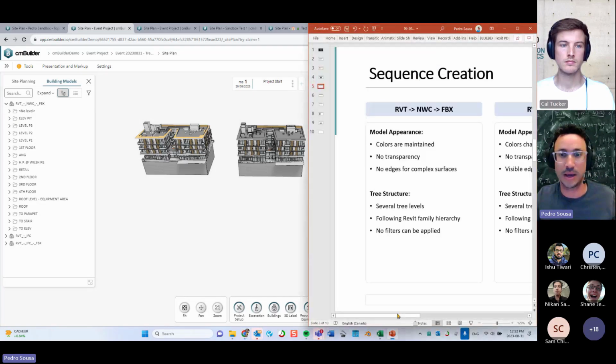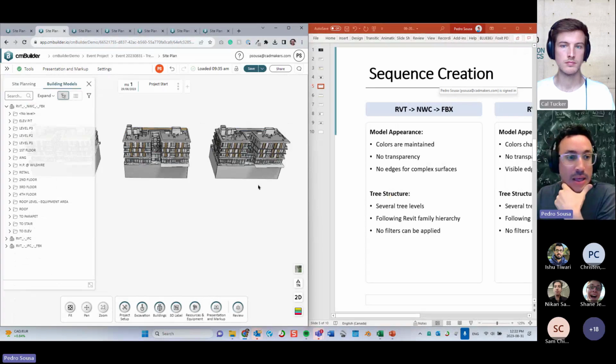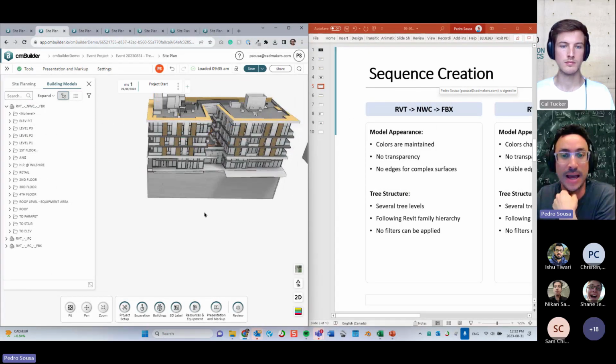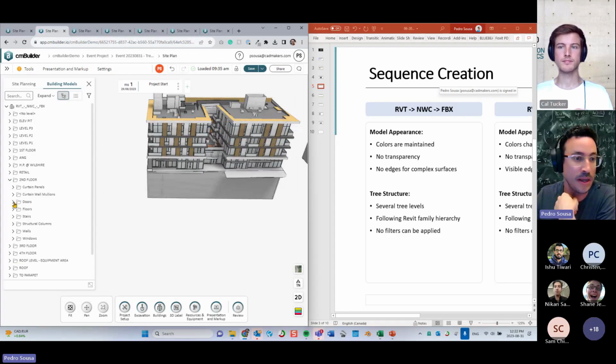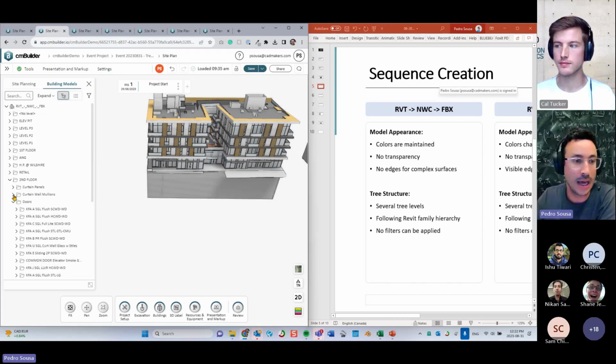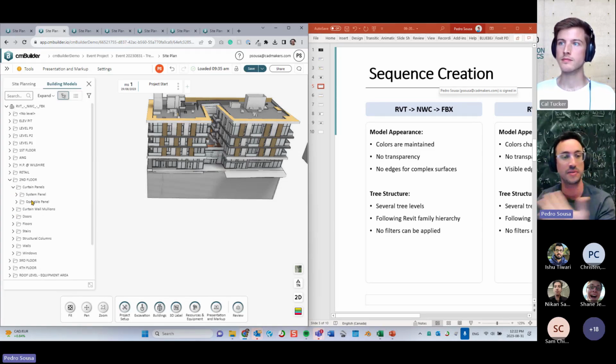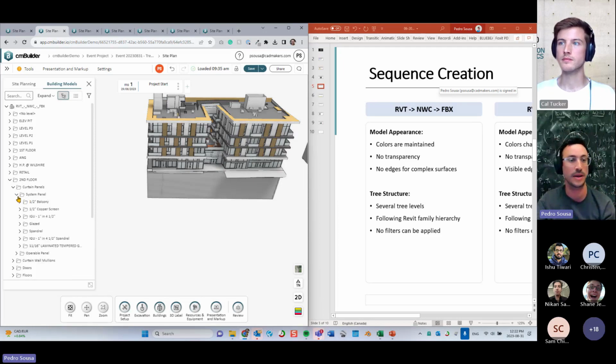Oh, sorry, I don't know why I closed this part. Let me just put them side by side again. You see a tree structure that has several levels. If I open one of these levels, I can keep opening them, and you're going to see a lot of different groups per Revit family. And then when you open it again, you're going to see different types of families inside of that family. Oh, sorry, Revit categories, and then you have your families